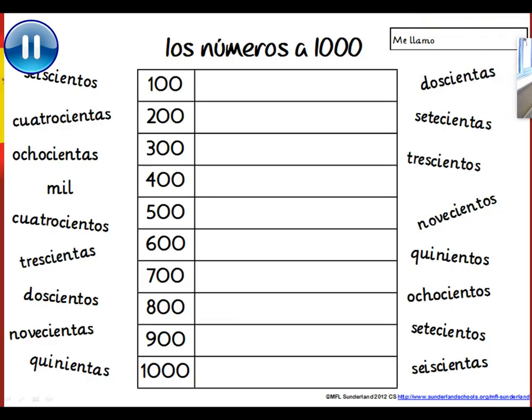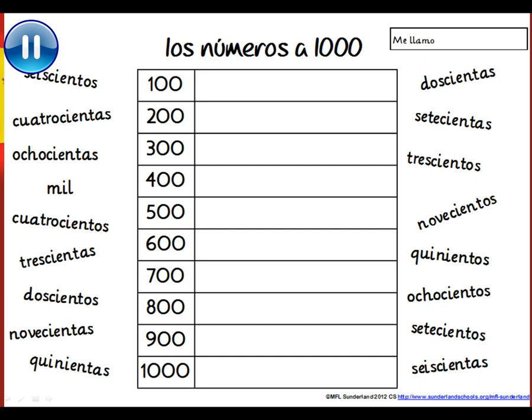Here we have all of the new numbers that we're going to work on now. We've got 100, 200, 300, 400, 500, 600, 700, 800, 900, and 1,000. It's not that many new words, actually, is it, to help us to count all the way from 100 to 1,000? Now, all the words you need for the answers are around the edges, and you're going to need to